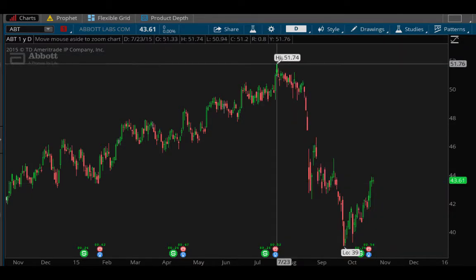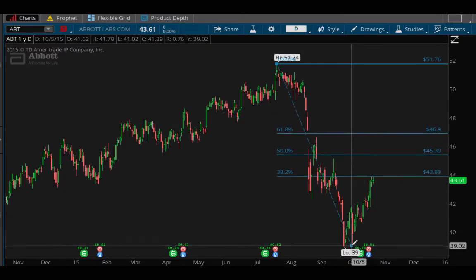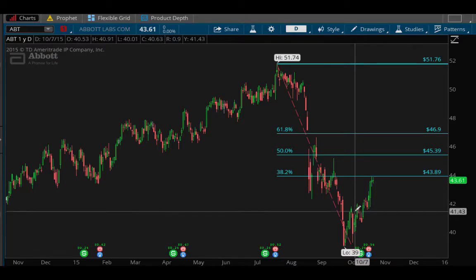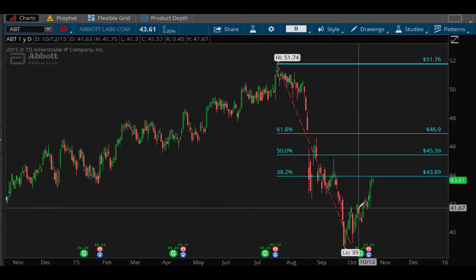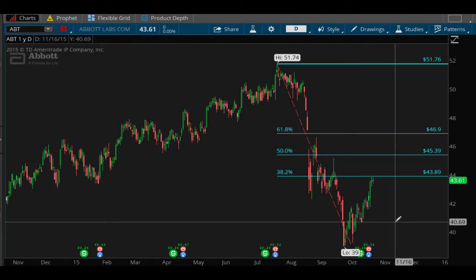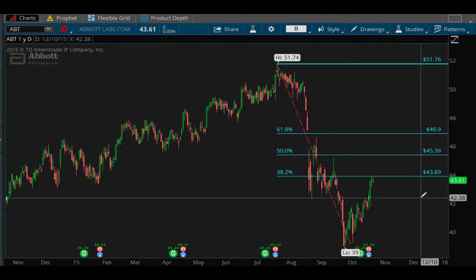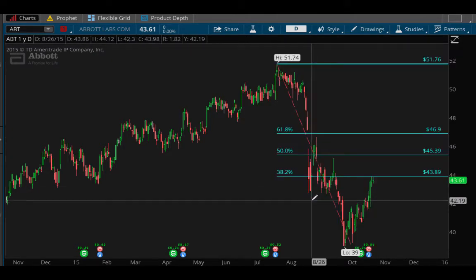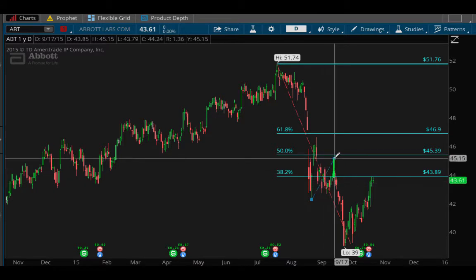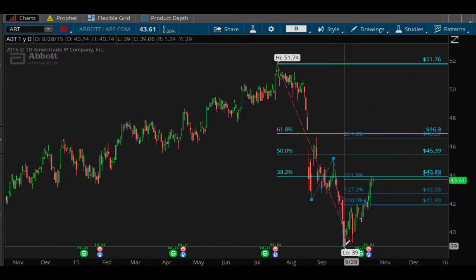We're going to go from high to low. Now, the major retracements are always going to have more importance than the minor ones. Bear that in mind. So here we've just made our first retracement. Now let's do a projection. So we're going to go from low A to B, down to C,